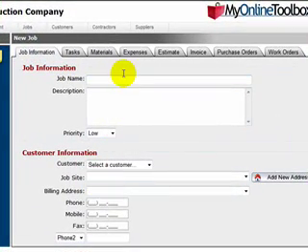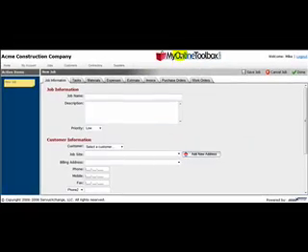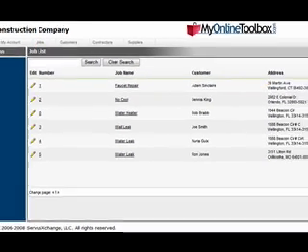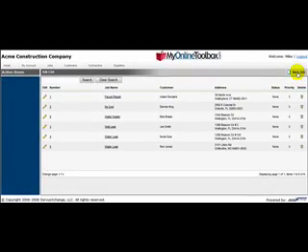this information. Now very quickly, before I do, let's review how we got here. Log into MyOnlineToolbox. Navigate to the menu bar over Jobs. Choose Job List. Navigate to the toolbar, choose New Job,